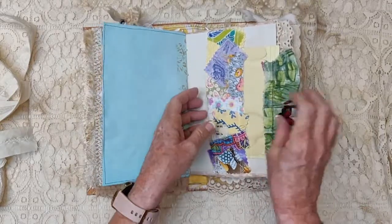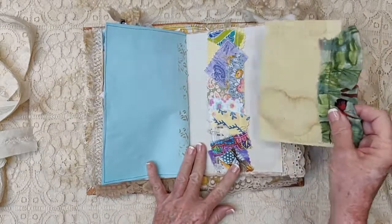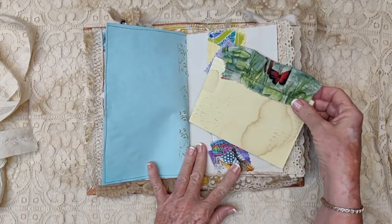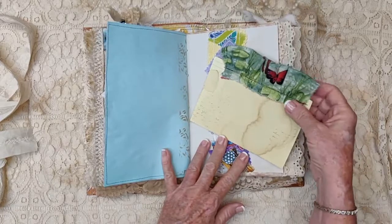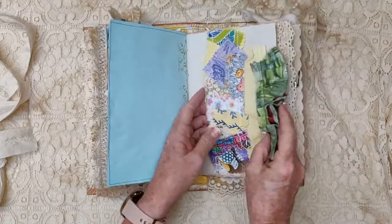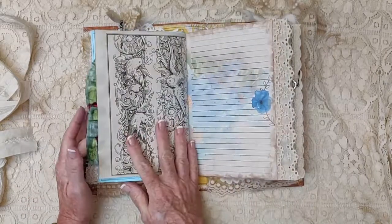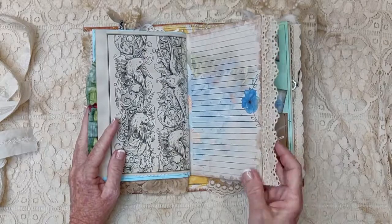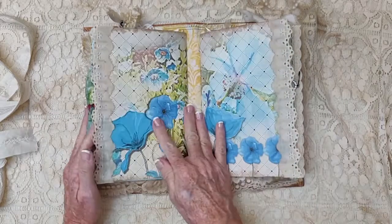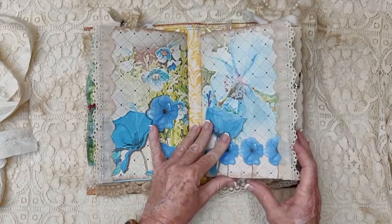Here we have a fabric collage tuck belly band with an index card that's been dyed and ruffled fabric sewn on the top. Some stamping on the back side. And that is the first journal, the first signature of the journal. The second signature,